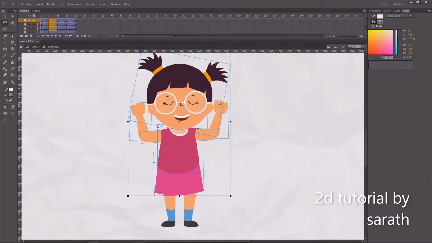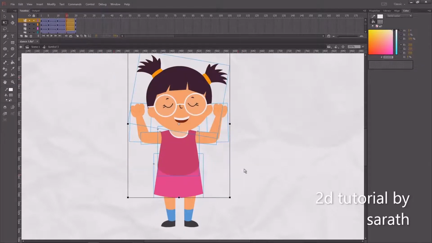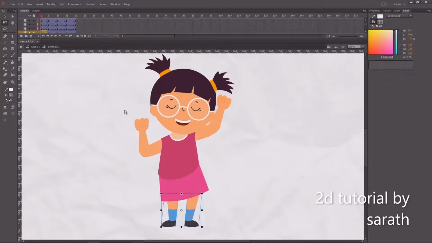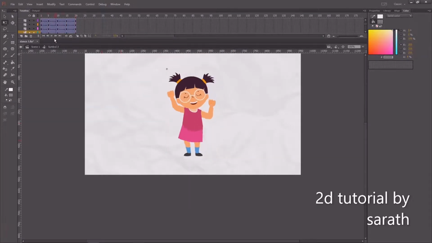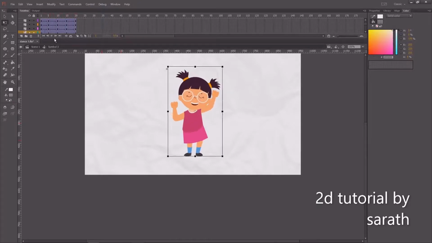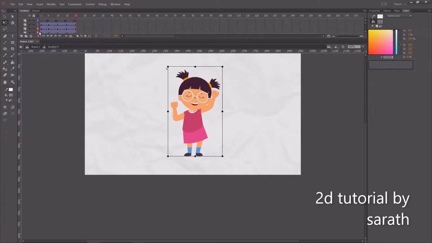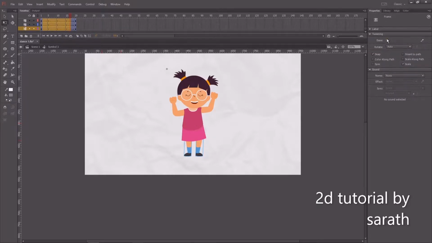Just give a little up in the body so you can feel the dancing flow. Also give an ease in ease out between these keys, so the animation looks more smooth.